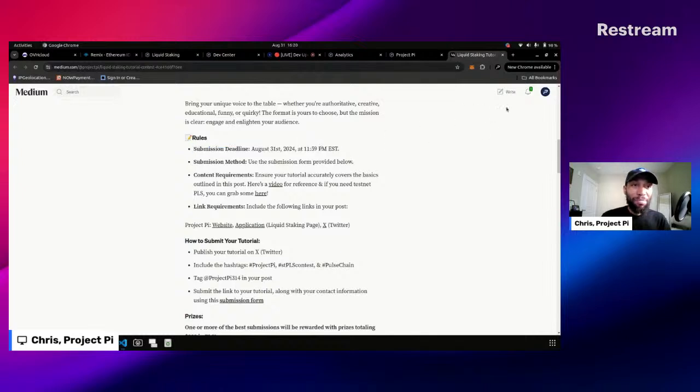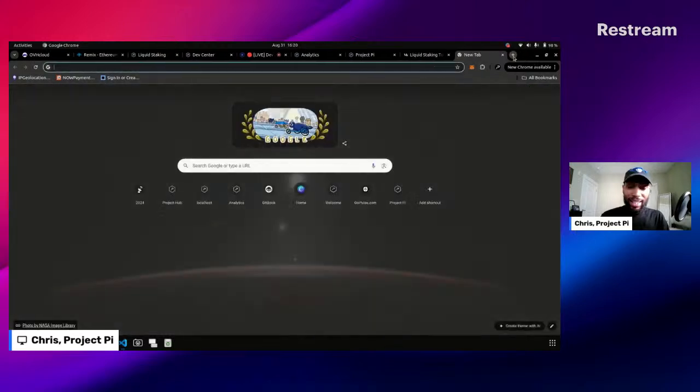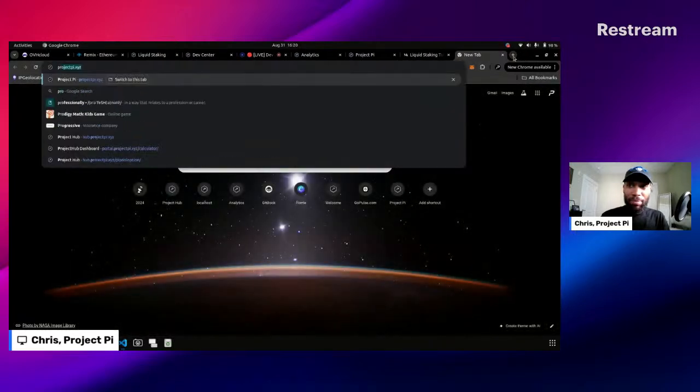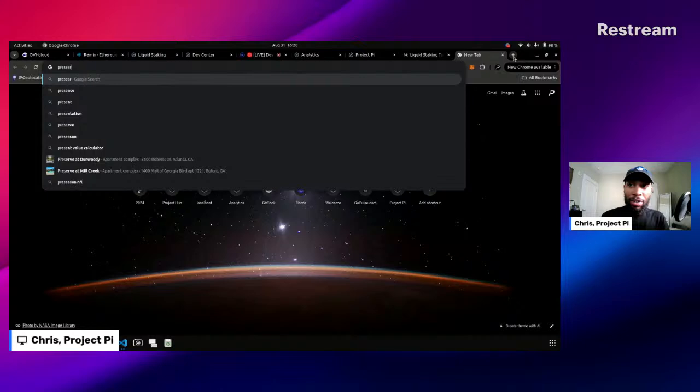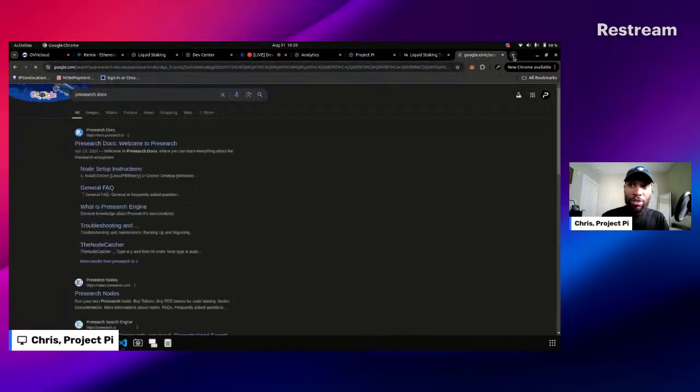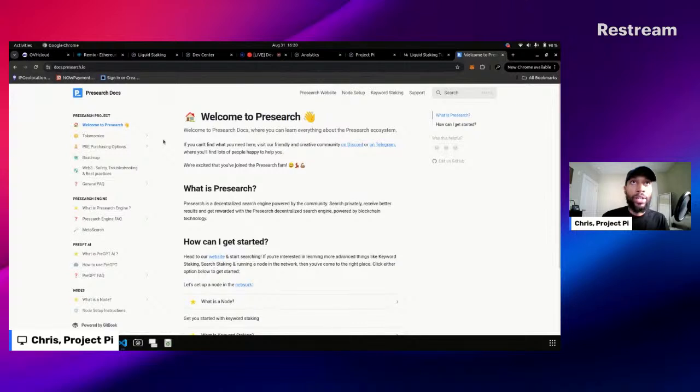And one thing to kind of think about is, let's see, Pre-search docs. Go to it real quick. Pre-search is a decentralized search engine browser. I believe they actually have a particular partnership with PostChain in some type of way. I think it's through GoPost. I'm not 100% sure, but